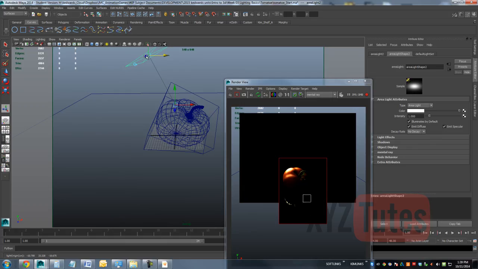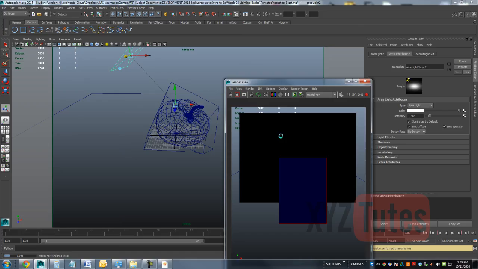If I render again, you'll see it doesn't always pick up the translucency. So let's say that that's roughly right. I expect you to spend more time on yours, just demonstrating the general approach. So then same again, I'm going to turn on some decay, set it to linear, and then look at what values I should make my light in terms of intensity. So with linear on,